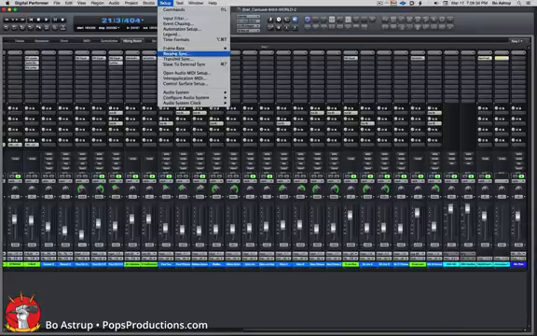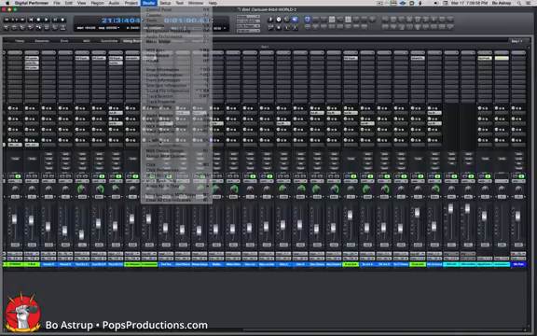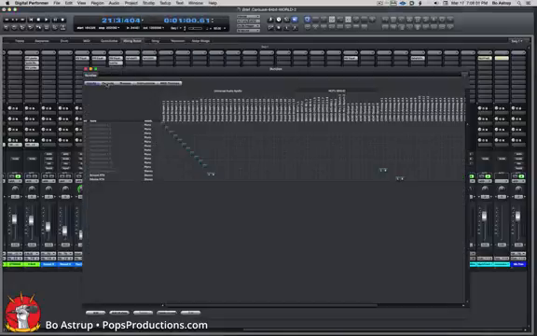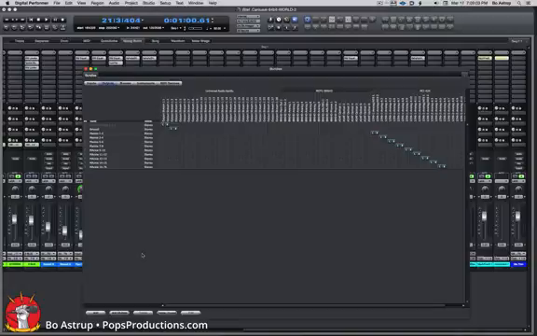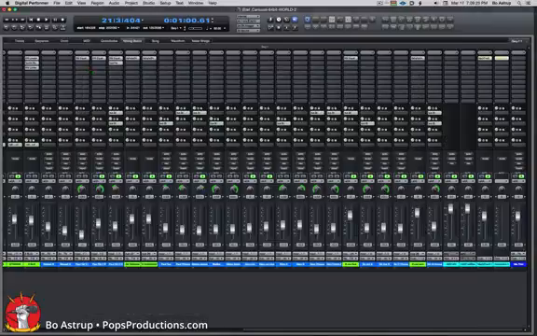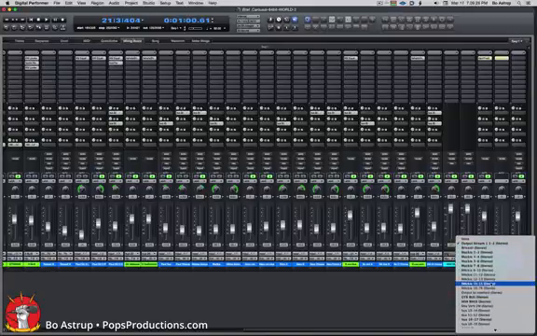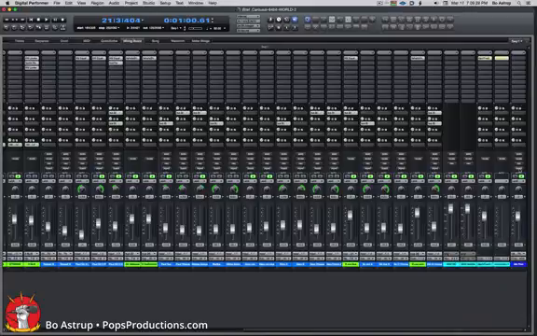Let's go back. I didn't see it, so let's just check my bundles. Let's look at our bundles. We didn't do a bus to nowhere on the output here, so let's add one more. Stereo, we'll just call it output to nowhere. Select a random output that we haven't hooked up to anything. So now I have output to nowhere here, and I can select that here,